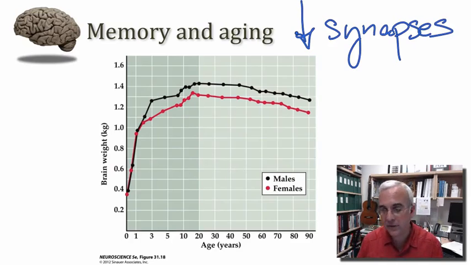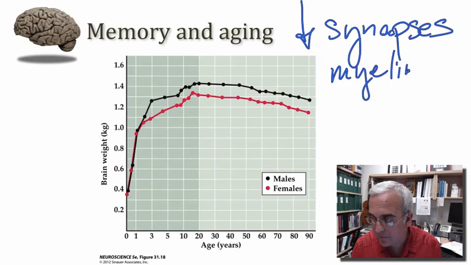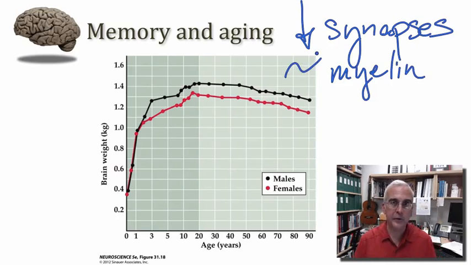Now, other changes that are taking place reflect changes in the structure of myelin around axons and white matter pathways. So while myelin is not necessarily being lost, although it may be in some regions of the cerebral white matter, myelin seems to be disrupted at an ultrastructural level. And as a consequence, the tight wrapping of myelin around axons in white matter seems to be loosened. And this in itself, we think, is an important consideration that explains functional decline across adulthood.